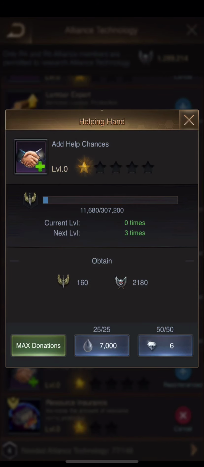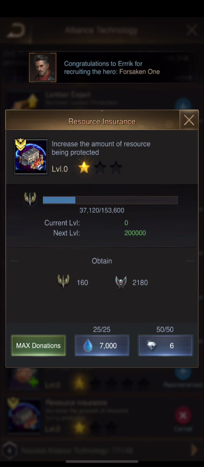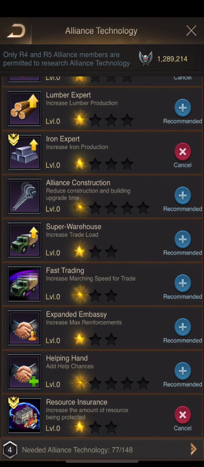Adding help chances. This is really nice because, again, you have 20 seconds faster help times before. Now you have 3 extra ones. That's kind of a nice tech to hit. And resource protection again. Each level of this is going up by a significant amount. It doesn't cost too much. 153,000 really isn't that expensive. So